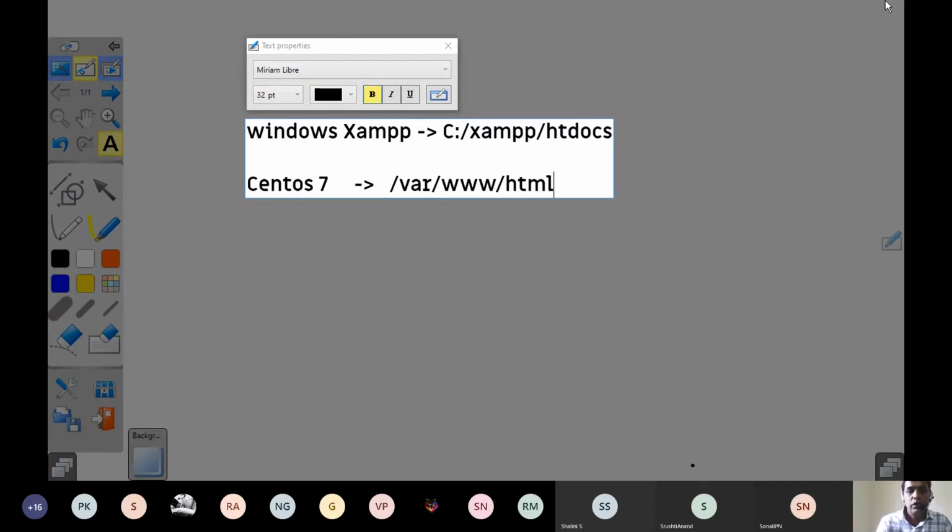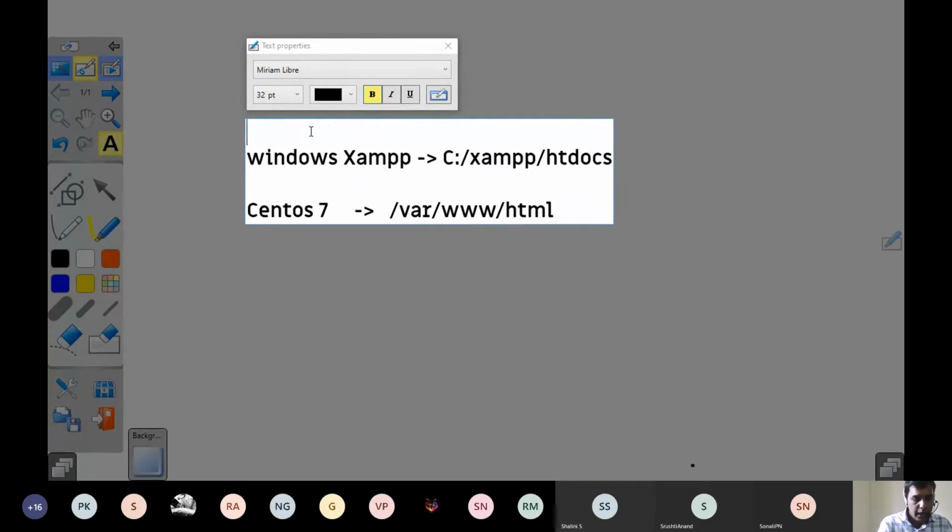I've shown you the document root on Windows, and for Windows XAMPP. So this is actually the document root. For Windows and CentOS, all of you note this important thing. Okay, let me first go for Windows and show you some programs, open them, show you the directory, and how to start an Apache server.